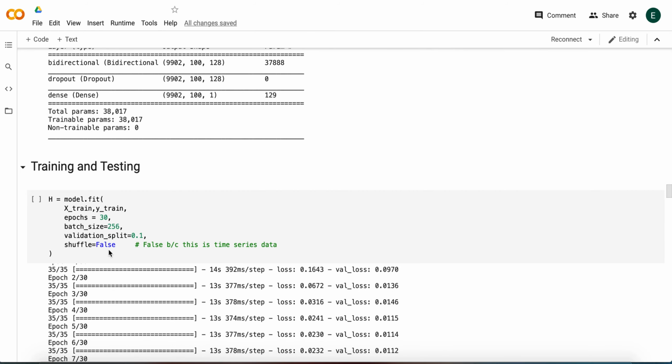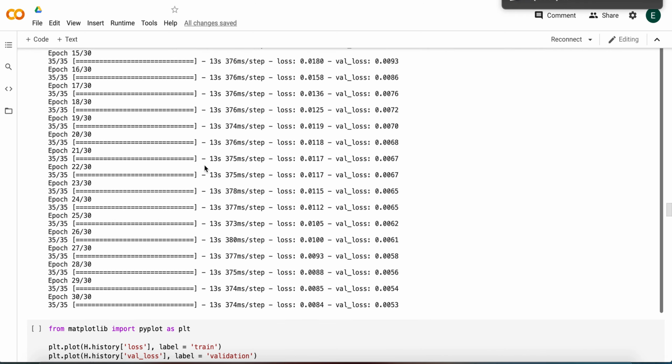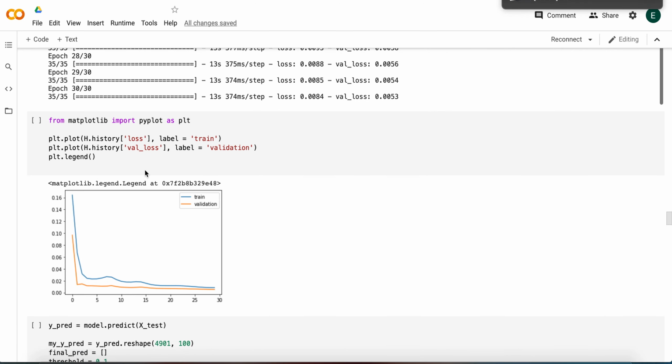I tried bigger as well, but I found that 256 worked pretty well. It still was not super fast, but I let it run. And then I plotted the loss. You can see it definitely goes down. And then I went ahead and tried to figure out how accurate it was and how well the predictions